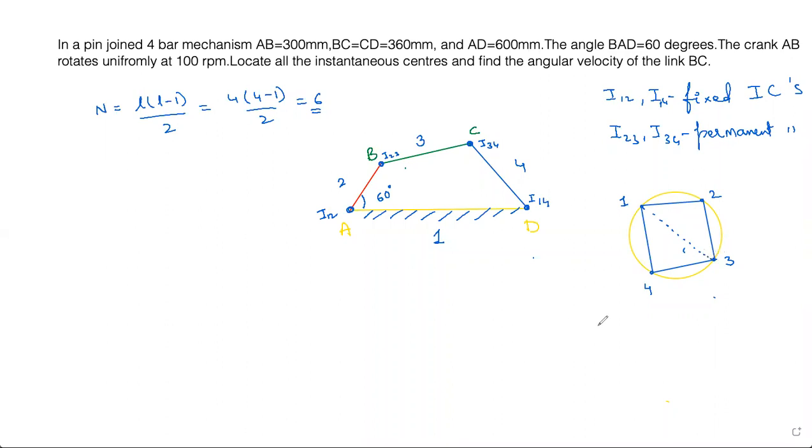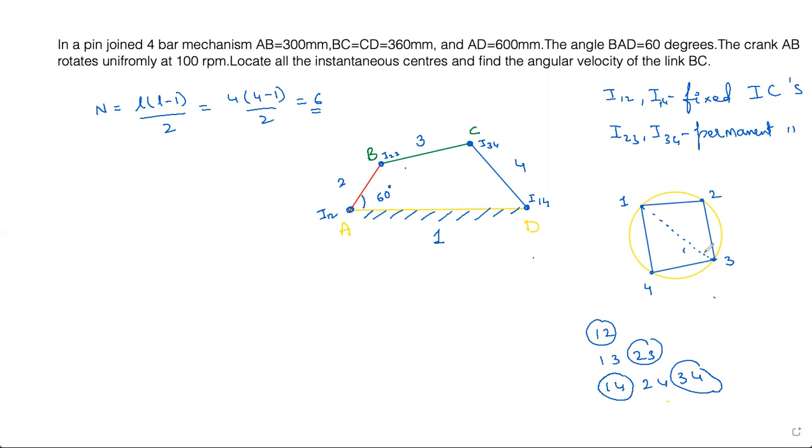There is a small logic, just look at this point, you will come to understand. So I12, I13, I14, right? I23, I24, and finally you will have I34. So total 1, 2, 3, 4, 5, 6. So out of this we already have 12, 23, 34 already present, right? And just now we are planning to find out 13, and I think 14 is also present, right? Yeah, we have to find out 13.